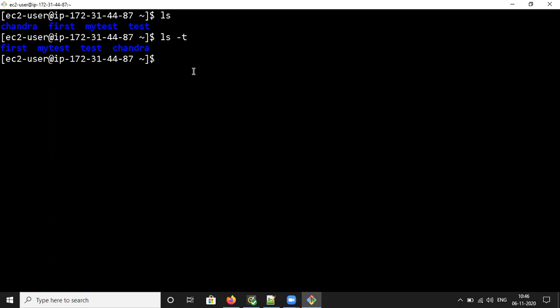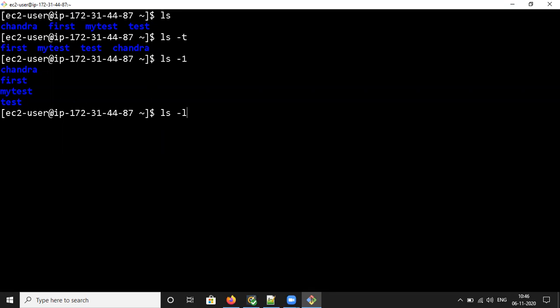Suppose you want to display one file per line, you can use ls -1. See, it is going to display based on the sorting, only one file per line. That means ls -1. In a similar way we can use ls -l. What does that mean?